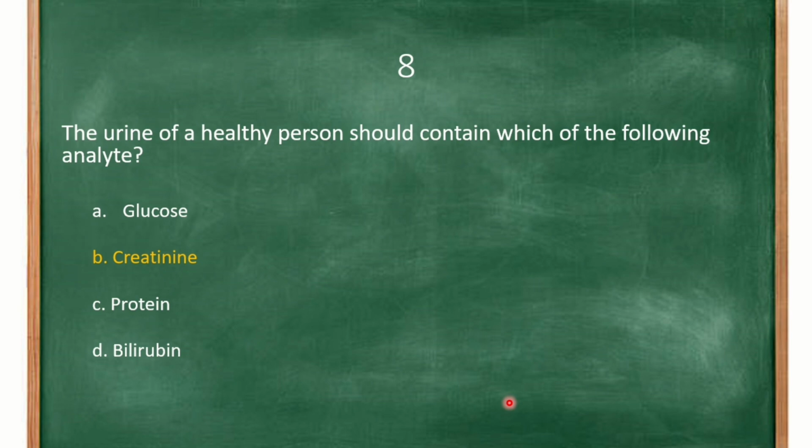Okay. Then bilirubin. Usually you will not find bilirubin in urine. Bilirubin is associated with liver and liver diseases, so you won't find it in urine. Okay, so the correct answer for question 8 is B,